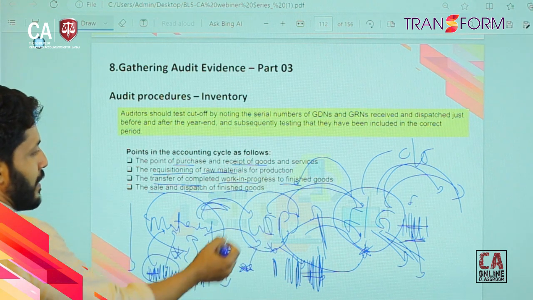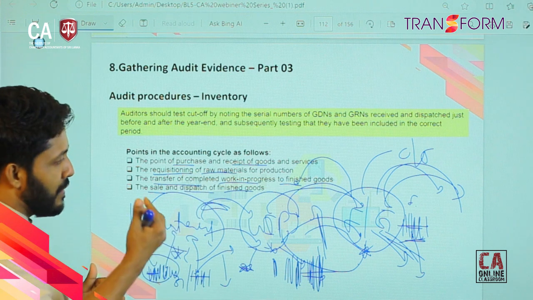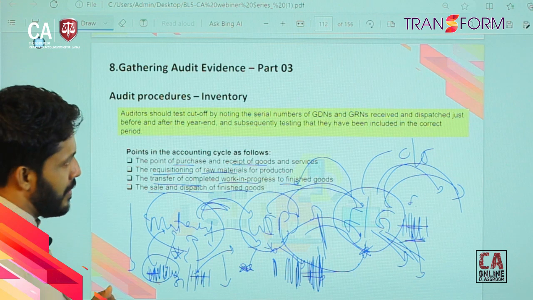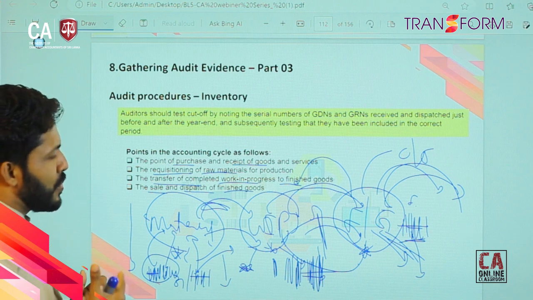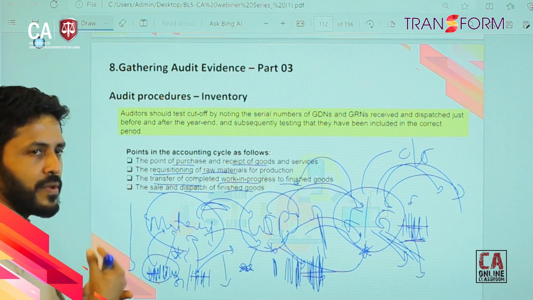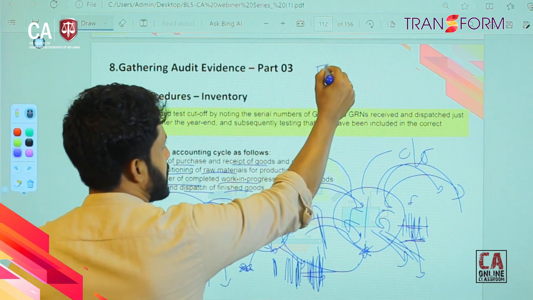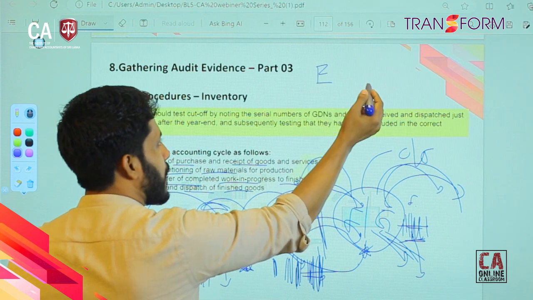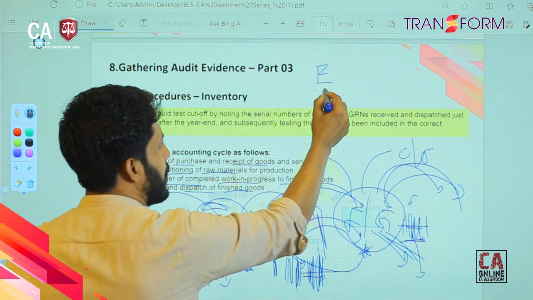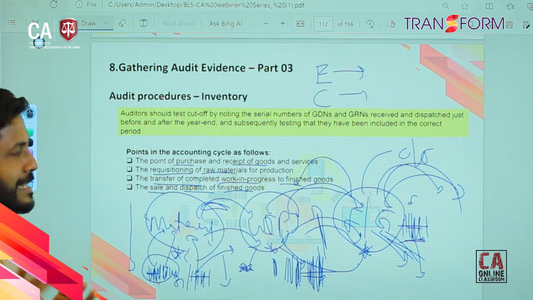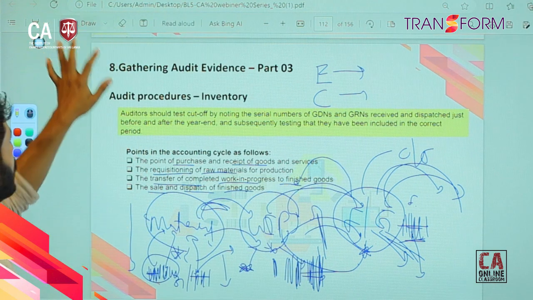You are only having material and the finished goods. So it will make life easy. So then you can easily verify, right? So then those are the things you should know about this inventory verification. Now you are ensuring what? Existence is ensured through inventory verification and completeness is ensured through the cut-off testing. I hope that you are very clear about this. And then we are moving to